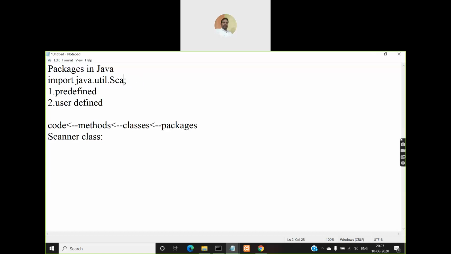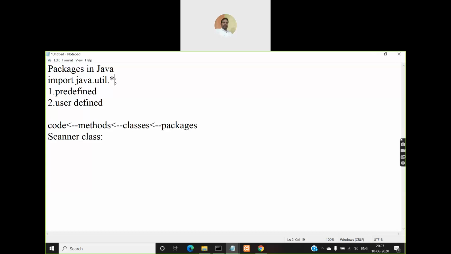Then only the Scanner class will be imported into your program from the util package. If instead of writing Scanner, I write star like this, it indicates that all the classes that are part of the java.util package will be imported into your program. A package will not contain only one class, it will contain many classes. Out of this java.util package's classes, we have used only one class till now, Scanner. There is a class called Random class, there is a class called Date class, right?